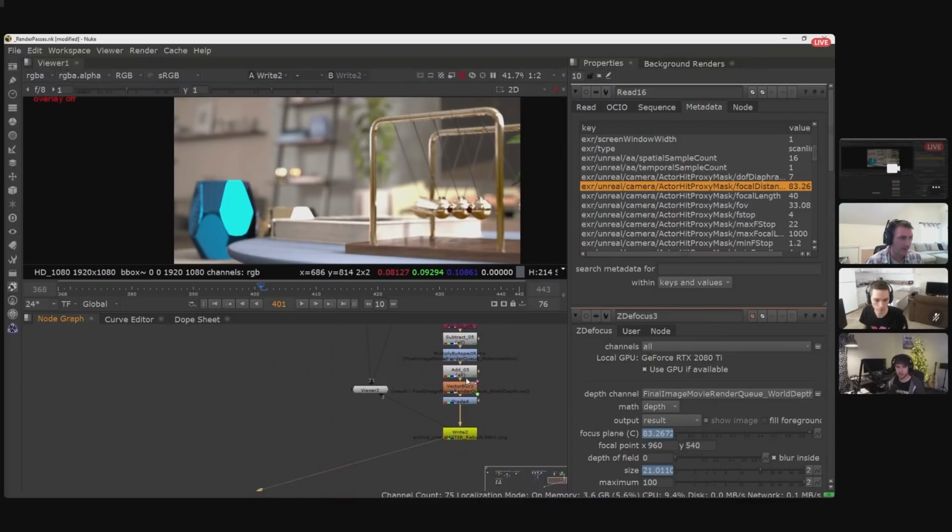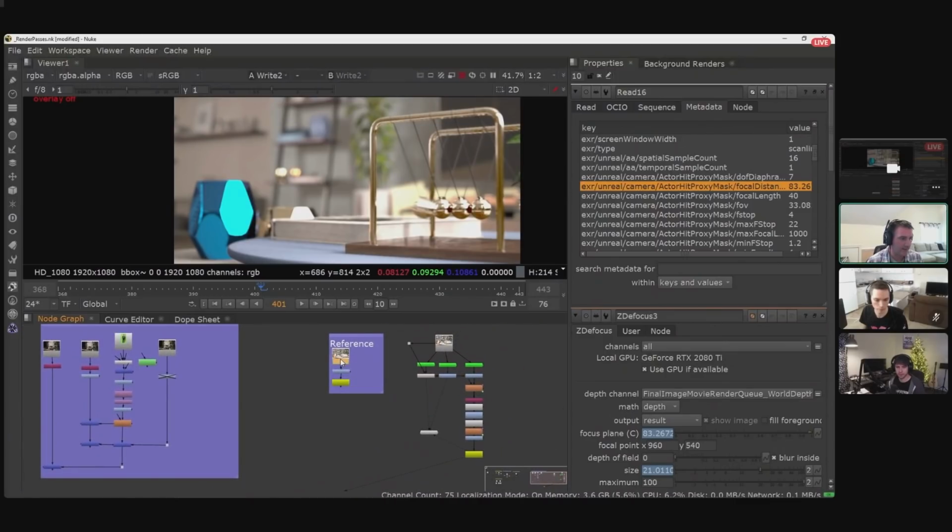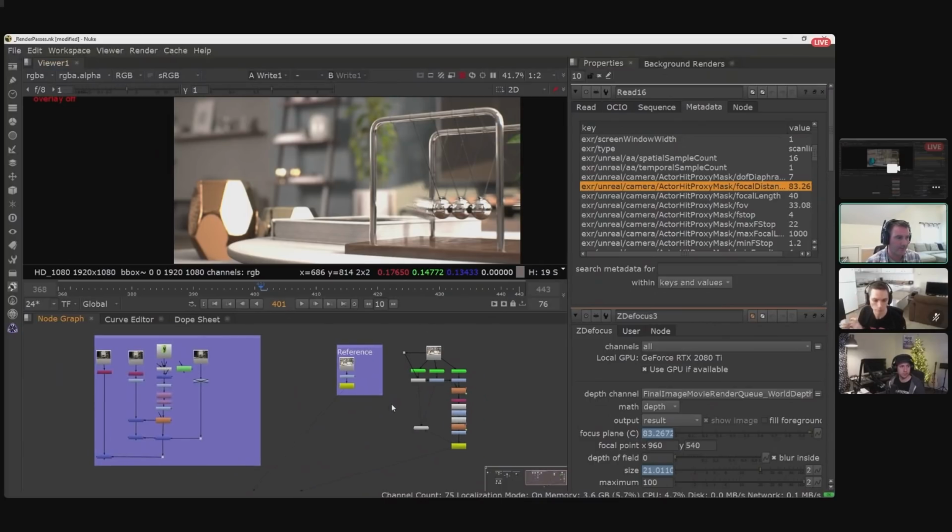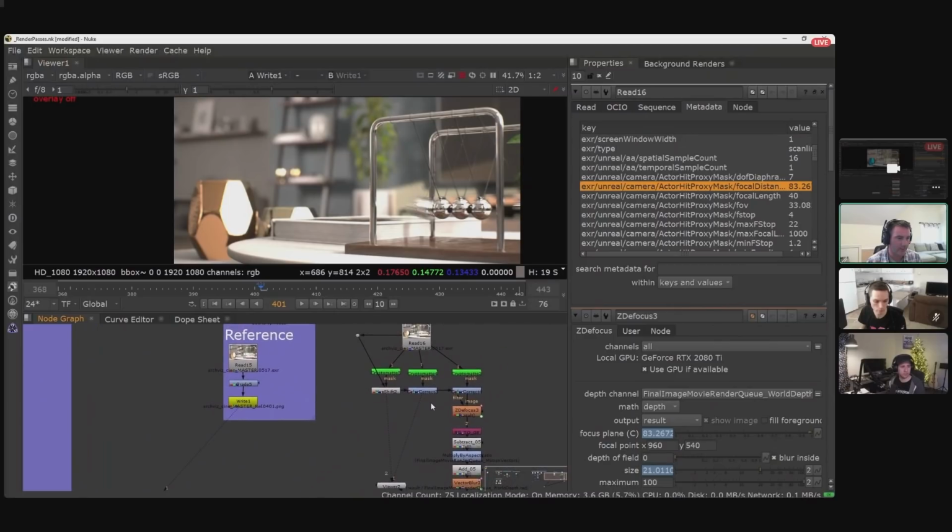And so if I take a look at, say, the original render versus the Unreal render, you can see that we're getting a lot of that post-production still maintained in comp, so that we can make all those changes with depth of field and motion blur applied. So that's a little bit of the Cryptomatte side.